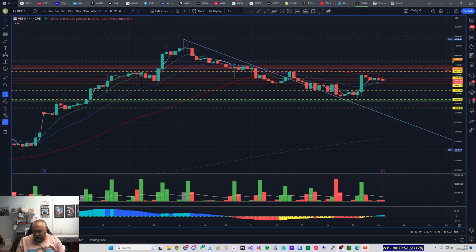Good morning. This is my trade plan for today, which is the 28th of June 2023. On my screen at the moment you're looking at the MES 4-hour chart, and